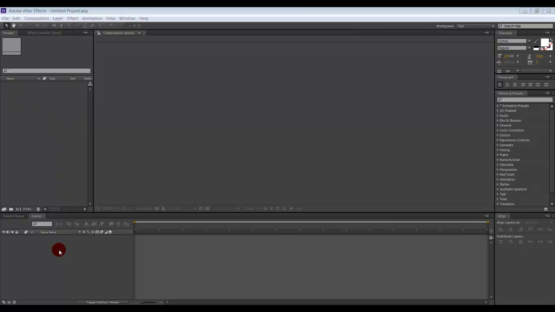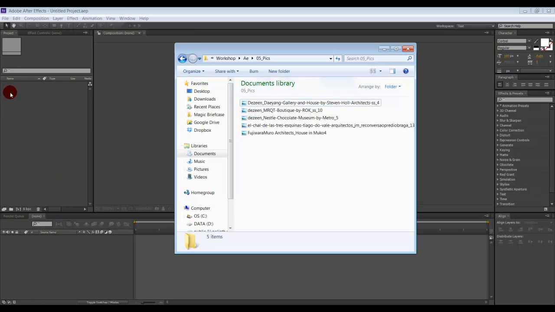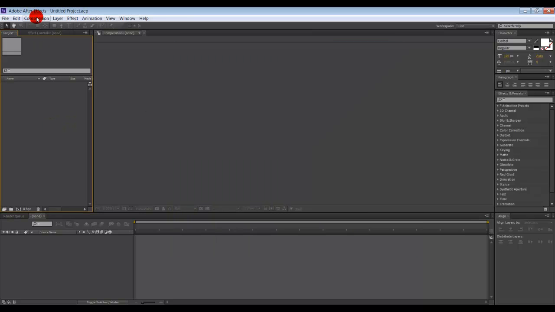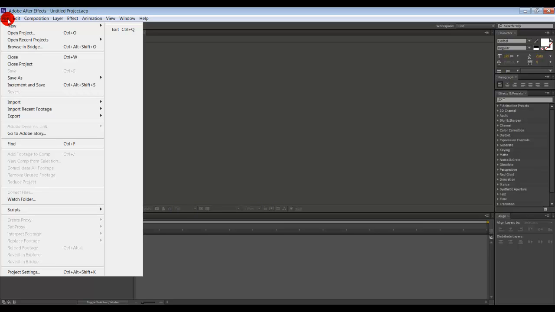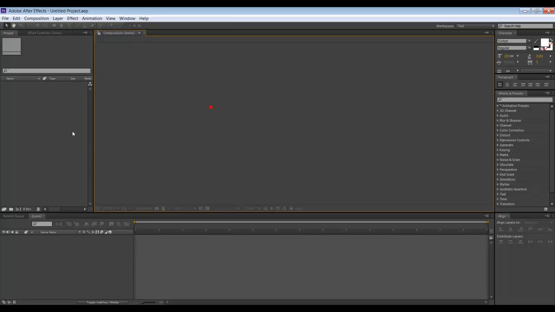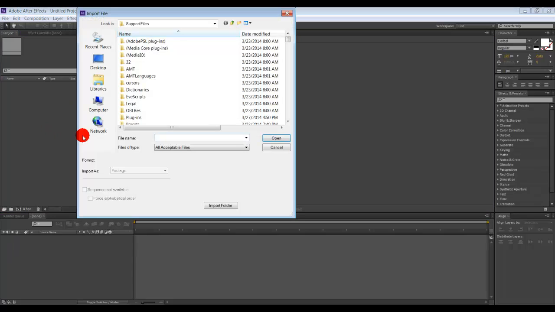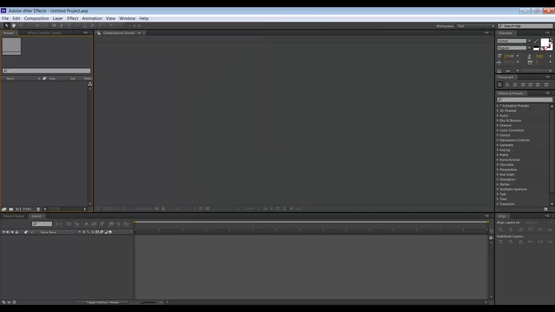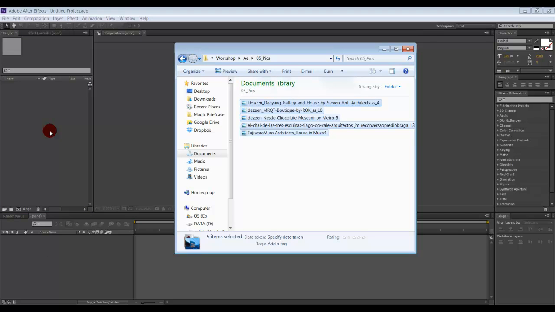So the first thing we can do is to import some pictures here in the project area. We can do that by simply dragging our pictures in the project area, or we can import pictures from file, import files, or we can double click the project area and then import our file. So let's simply drag our pictures in the project area,